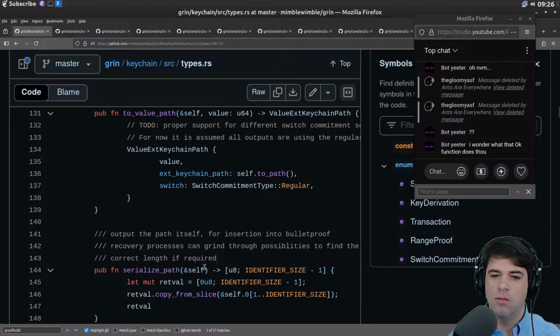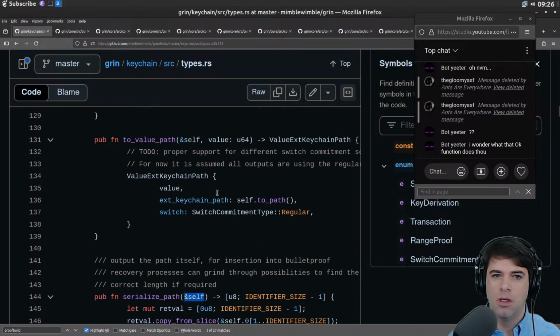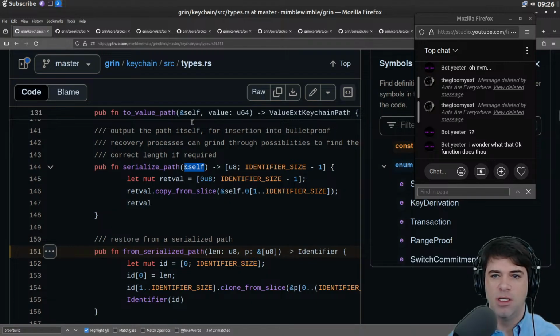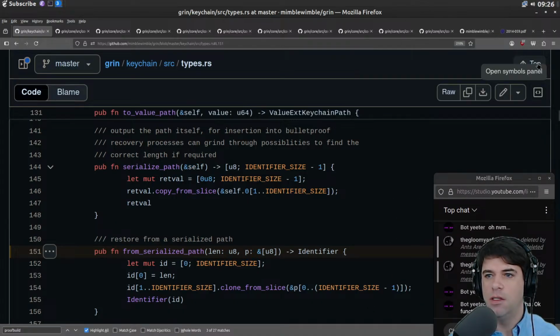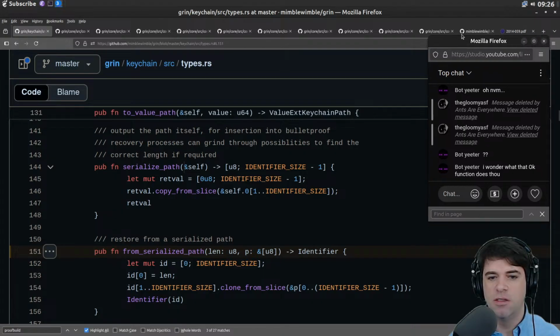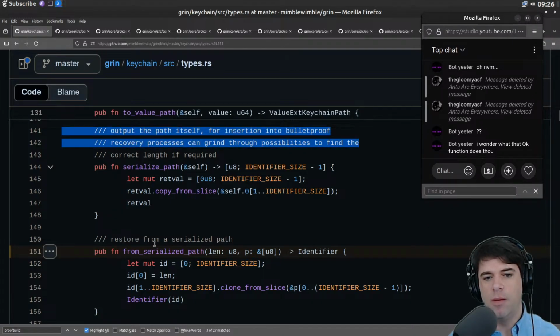For this, whatever self is, sometimes GitHub will tell me up here what we are part of. But it doesn't seem to understand enough about Rust or this repo to do that, but we can scroll up and find it.